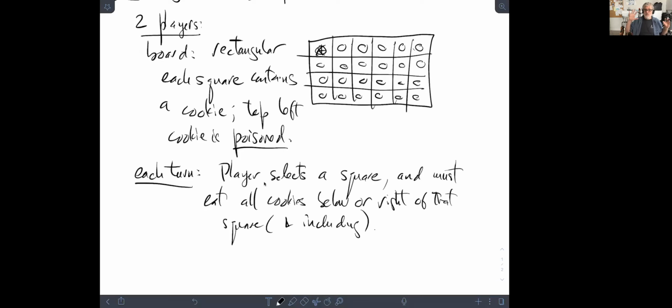So at each step, each player must select a square and eat all the cookies from that square, bottom